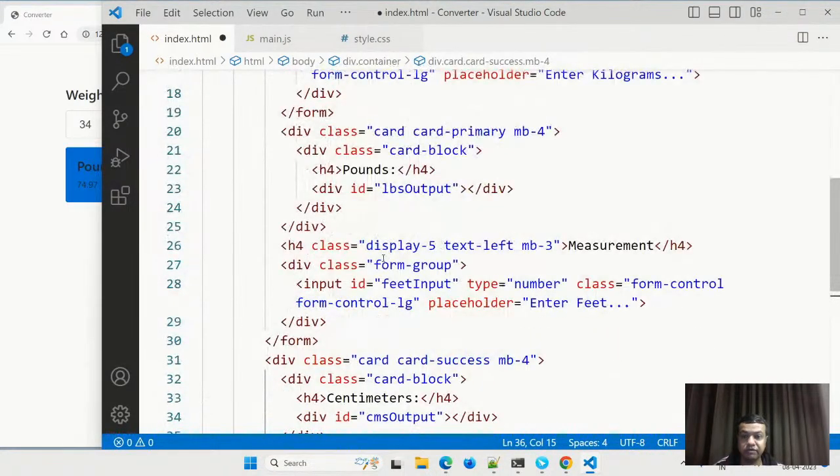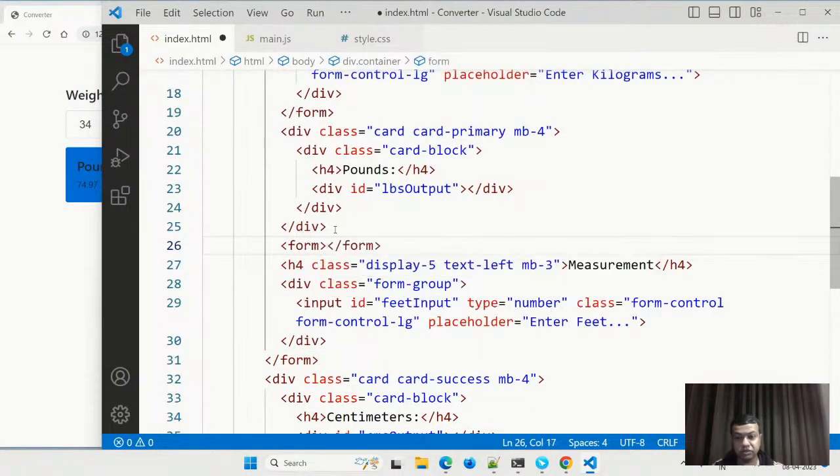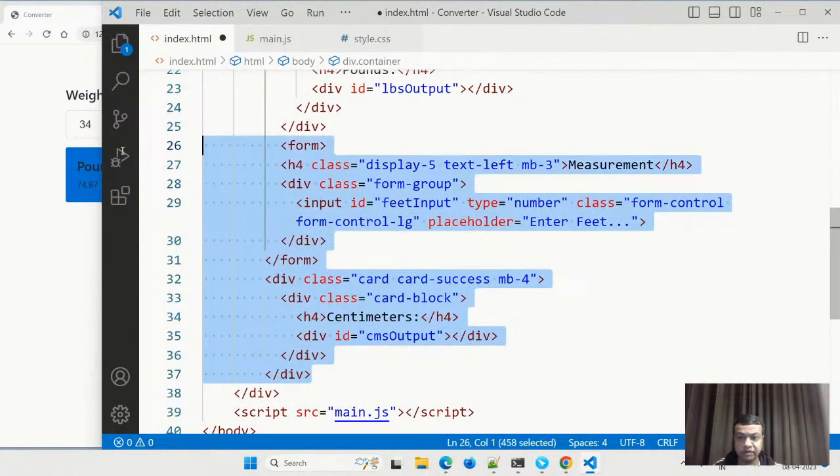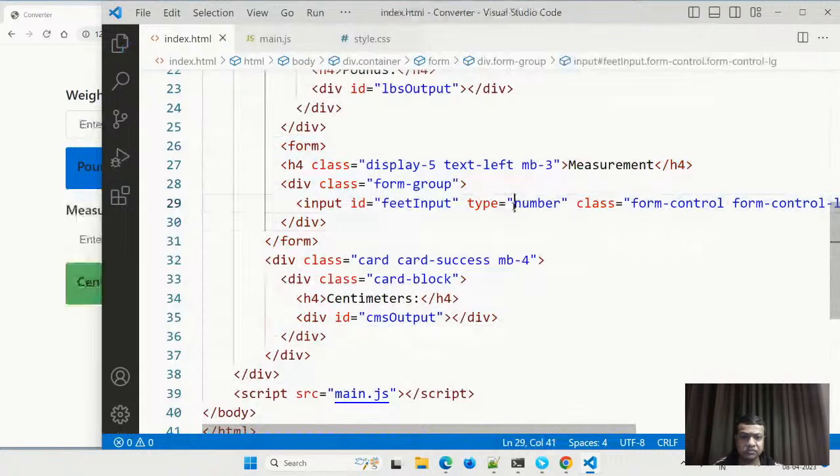So again we have taken, let's see if I forgot something. There will be a form. This form is ending here. So again we have a form, again a div, again a form, again a div. This form is there, it's not showing.